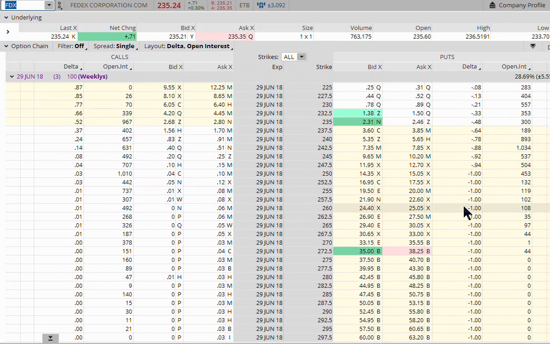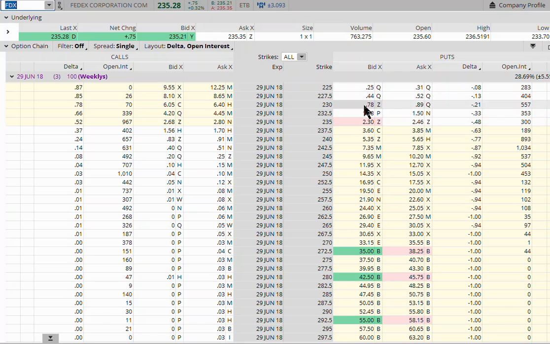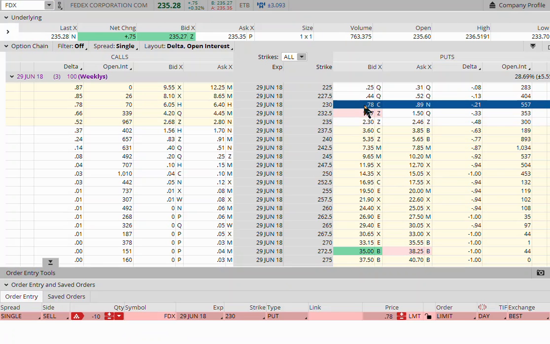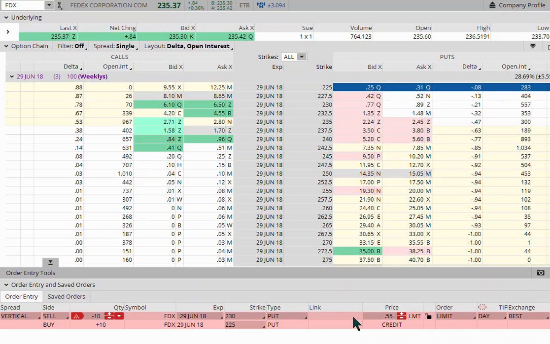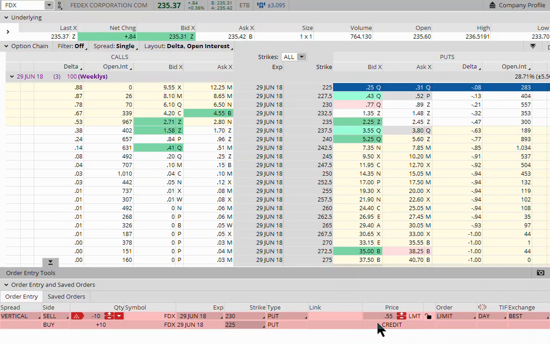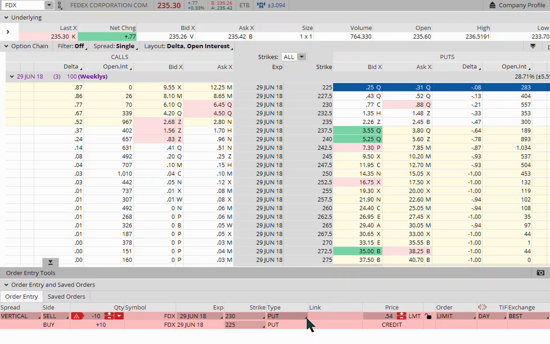And these are for Friday's expiration. So the stock's at 235, and these are real numbers right now. We can sell an out-of-the-money 230 put, which is $5.28 out of the money, buy a 225 put, and this is what's called a bull put credit spread, 3 days to expiration, 55 cents a share. And so you tell me, Andre, does this meet my test of adequate premium? The answer is absolutely yes. It's $5 wide. I'm getting 5.5% of the spread width, so that's over 11% return on capital.